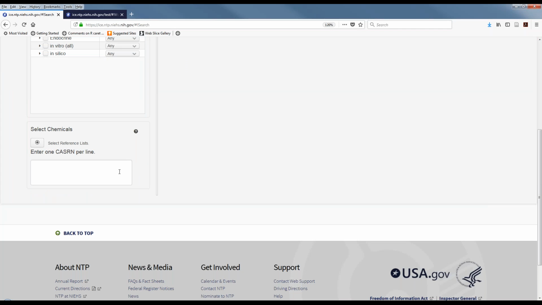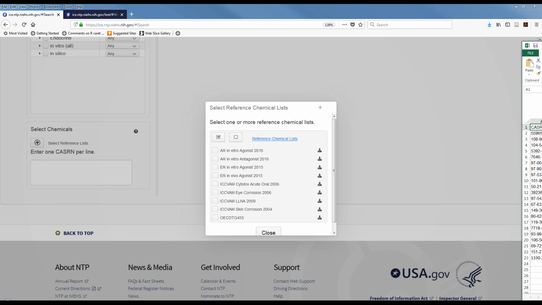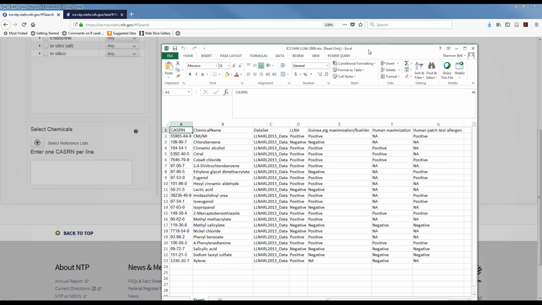The first here is where you select your chemicals. We have a lot of different reference chemical lists in ICE. And by clicking on this little icon here, you can download them. I have one already downloaded because you never know how long it's going to take when you're running a WebEx. And so this is what it looks like. You can download the Excel format or a tab delimited format.